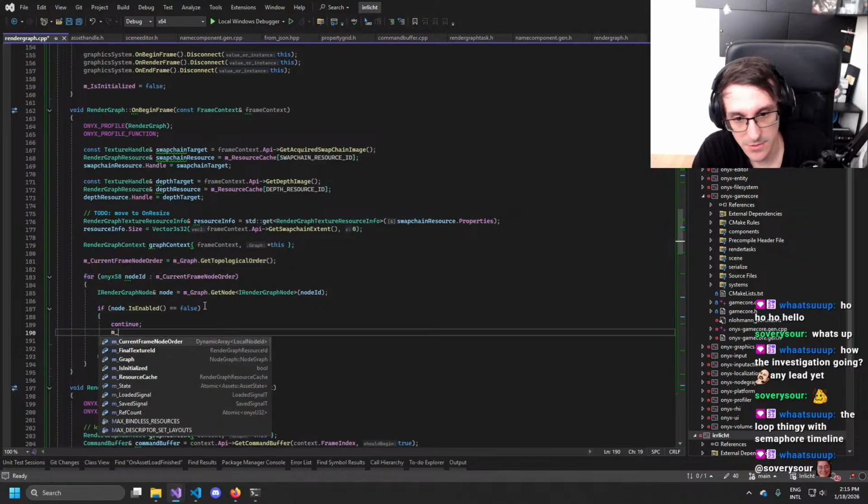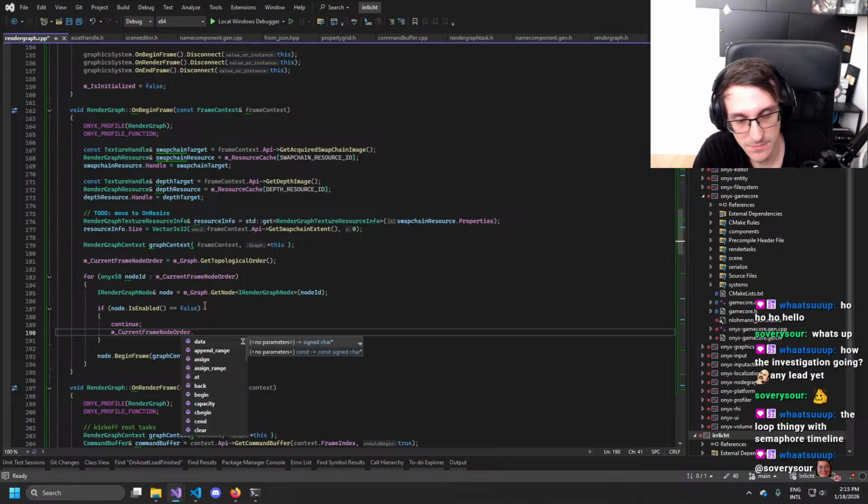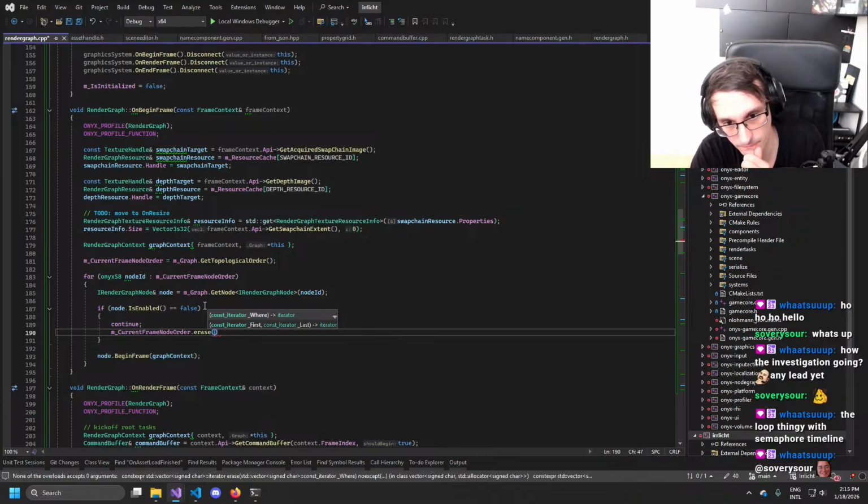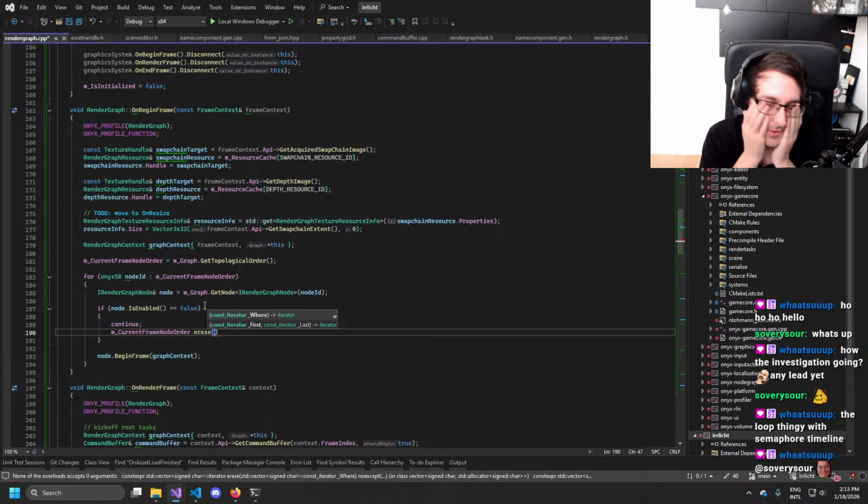And then m current frame node order remove or erase. But we would need the ID. Is there a better way to do that?